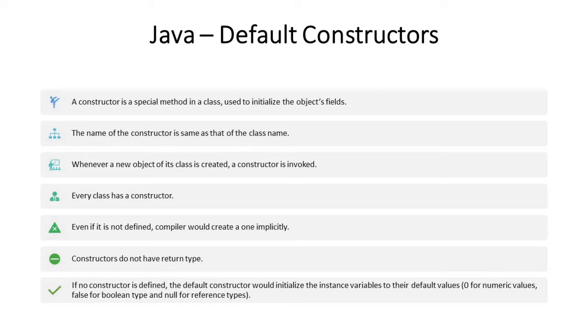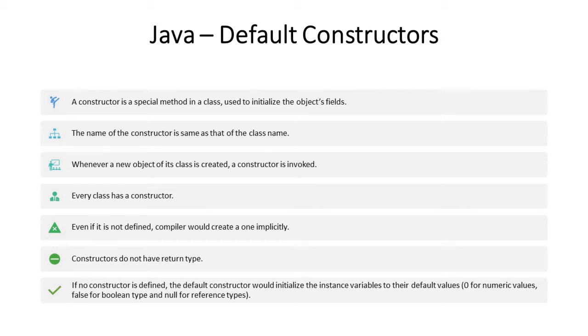A constructor is something that initializes objects immediately as they are created. It has some properties, that is, it has a name similar to that of the class in which it is created. It is called after the object is created and before the new operator completes. The constructor does not have a return type, not even void. This is because the return type of the constructor is a class type.